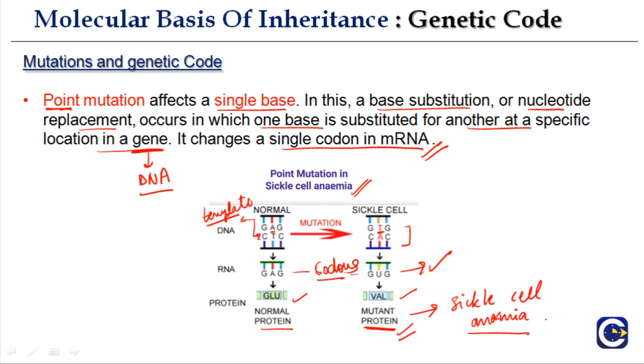So these mutations are very interesting to understand, how they can cause problems. And again it is at the level of codons that the problem is occurring, because the codons are so similar, like here GAG codes for glutamic acid and GUG codes for valine. And this makes all the difference in the protein structure.